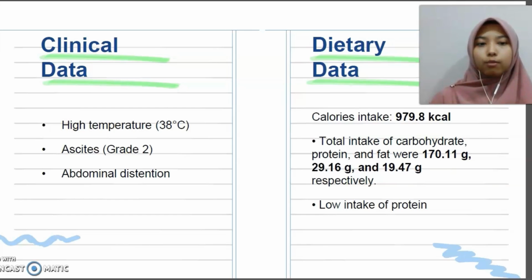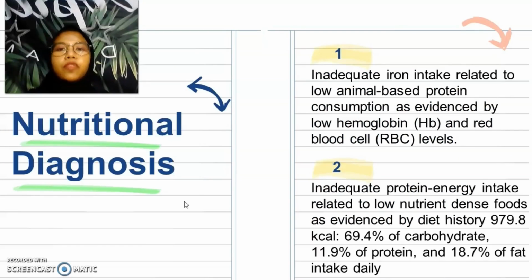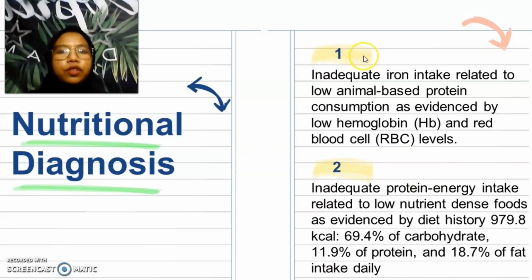Total intake of carbohydrate, protein, and fat were 170.11 gram, 29.16 gram, and 19.47 gram respectively. It also shows low intake of protein. From Mr. T's case, we found out two nutritional diagnoses. Okay, so for the first one, we have inadequate iron intake related to low animal-based protein consumption, as evidenced by